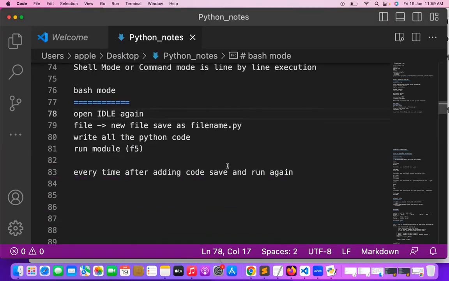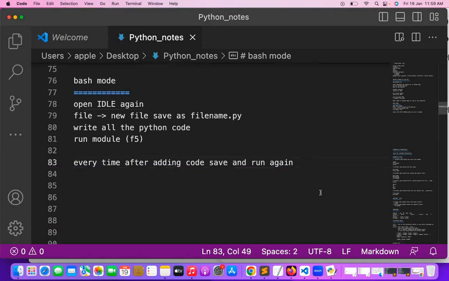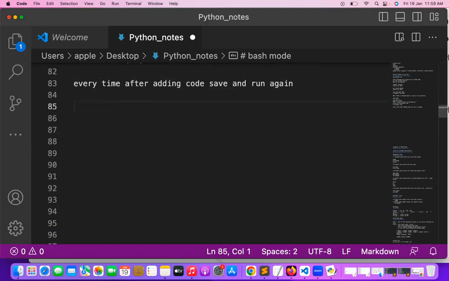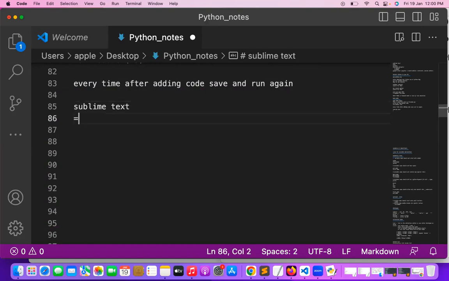So last class we finished with IDLE, how to work with IDLE and all. And today we will discuss the Sublime Text Editor. So how to work with the Sublime Text Editor. Just install Sublime Text Editor